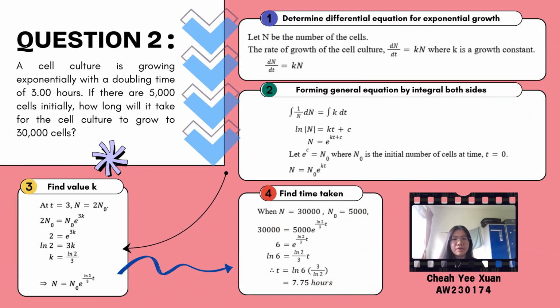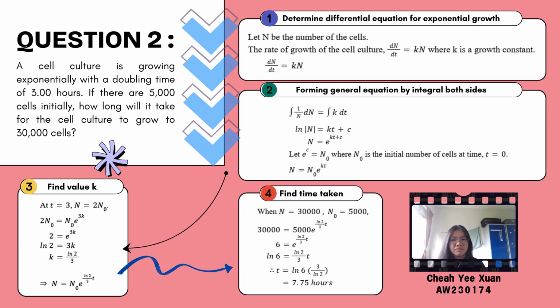Question 2 is about cell culture. At first, we will determine the differential equation for exponential growth of cells. Then we will form the general equation by integrating both sides of the differential equation. In the situation where time equals 3 hours and the number of cells equals double the initial number of cells, we can find the value of k. Thus, we complete the general equation. By using the general equation and the second situation, which is 5,000 cells equals N,